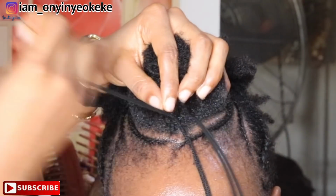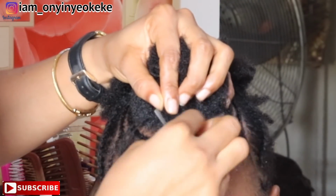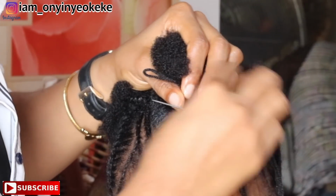So yeah, once I'm done with one big cornrow, we'll go ahead to quickly do the sew in of the second big cornrow. So I just want to show you guys two different